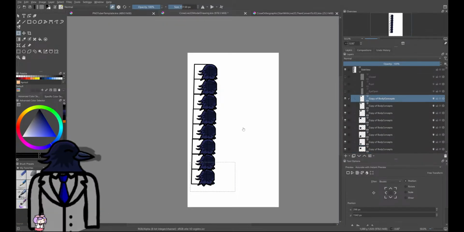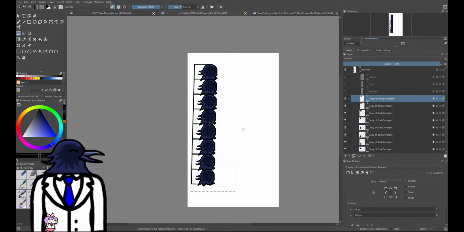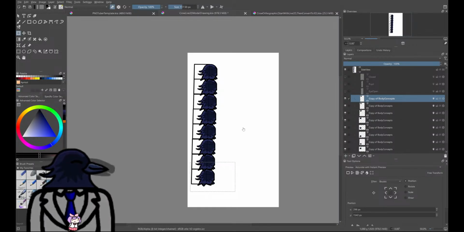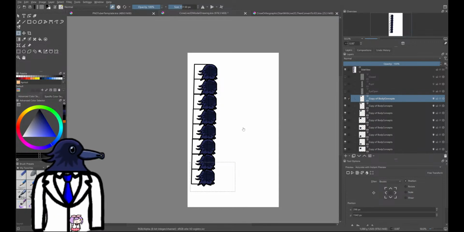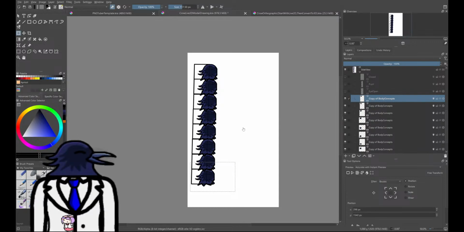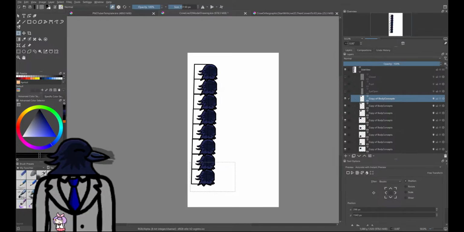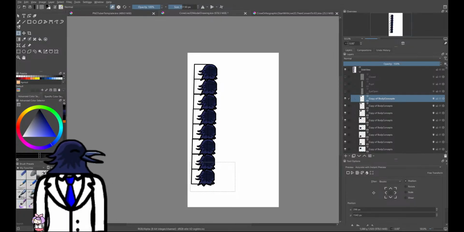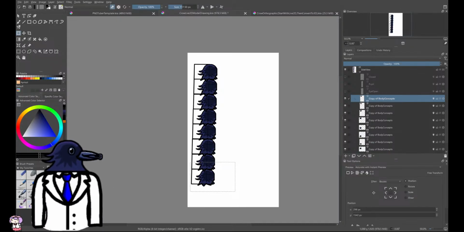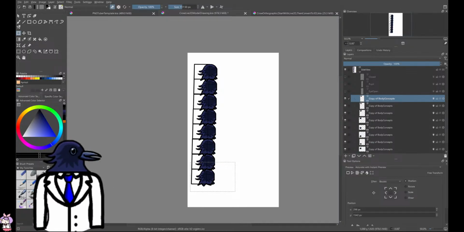All right. So right now I'm just trying to understand proportions because I haven't done a whole lot with that. So I'm using the head method where you use heads as measuring tools. So I'm going to try and draw